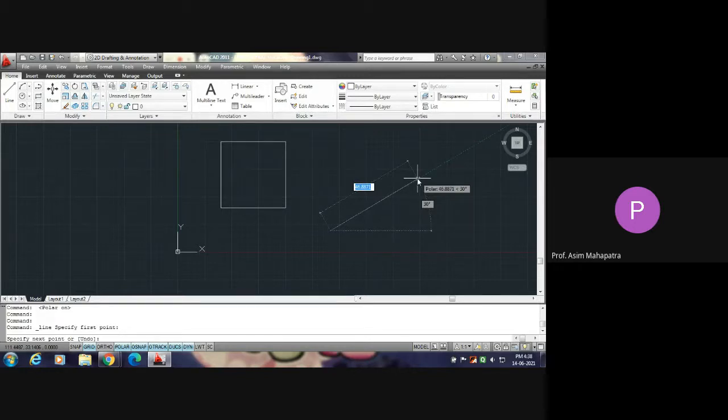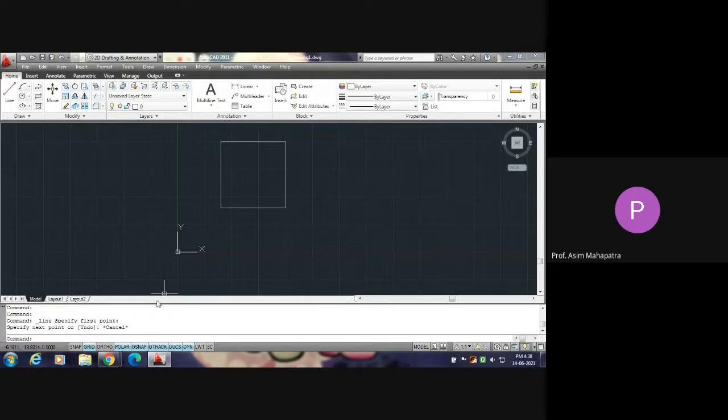But which angle are to be shown, that will be set beforehand. In my setting, I have set the incremental angle as multiple of 15. That's why it is showing multiple of 15 only. If you set it multiple of 90, it will only show 90, 180, 270 degree and 0 degree.